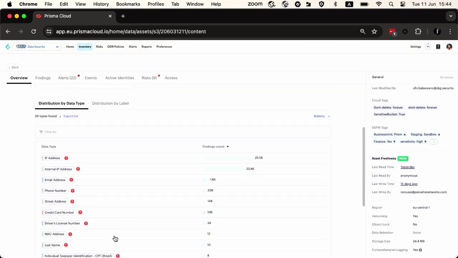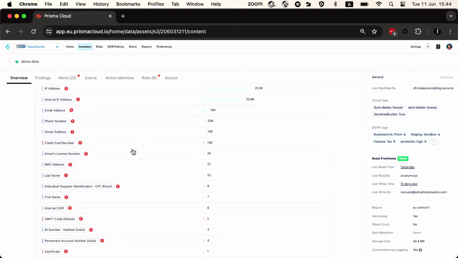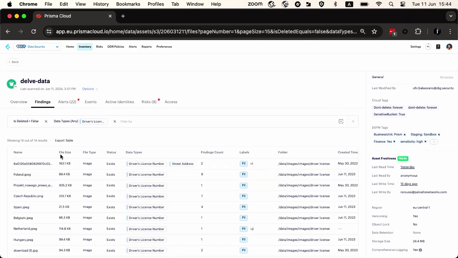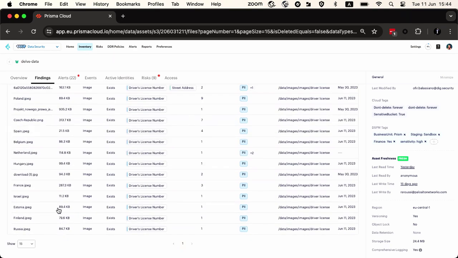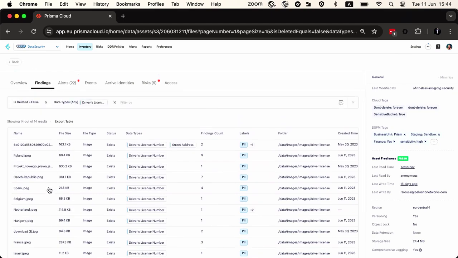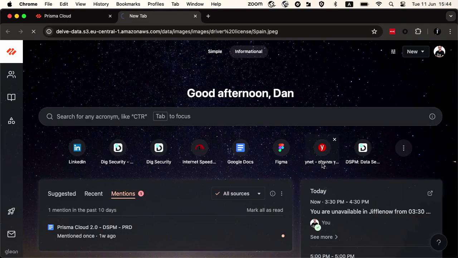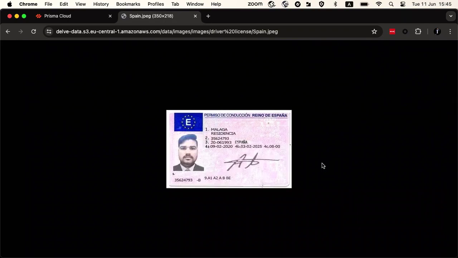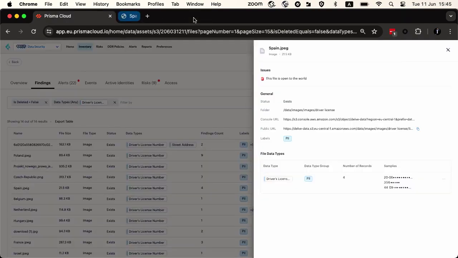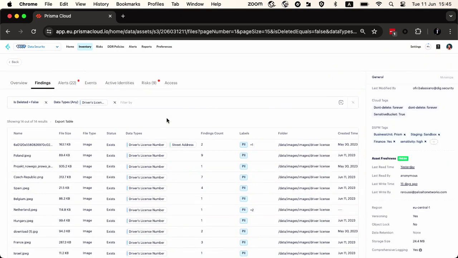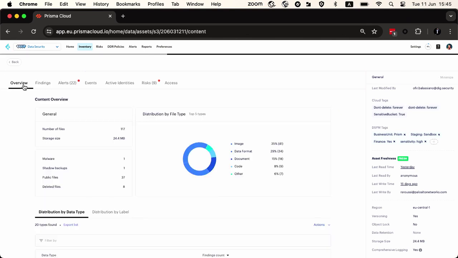Now, we do this for any type of file out there. We even analyze images. So we are the only solution today that does OCR out of the box as well. And here, let's just show you a simple example. I think I have a US example. Should be around here. No, I'll just take Spain. This is a public file. So what we're able to see is that we analyzed and found that this is a driver's license number found in a specific image. And across customer environments, we were able to find checks and passport photos that customers upload and so on. So we were able to see that across the environments.